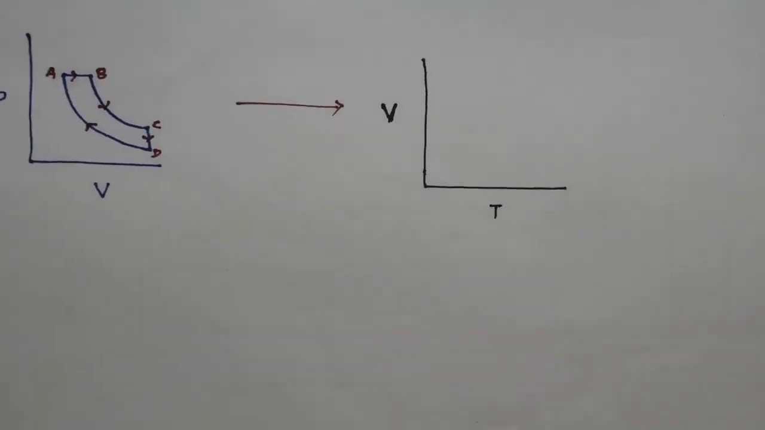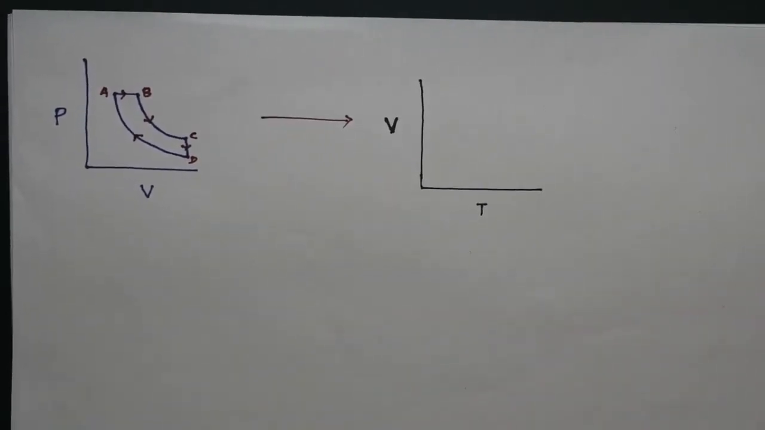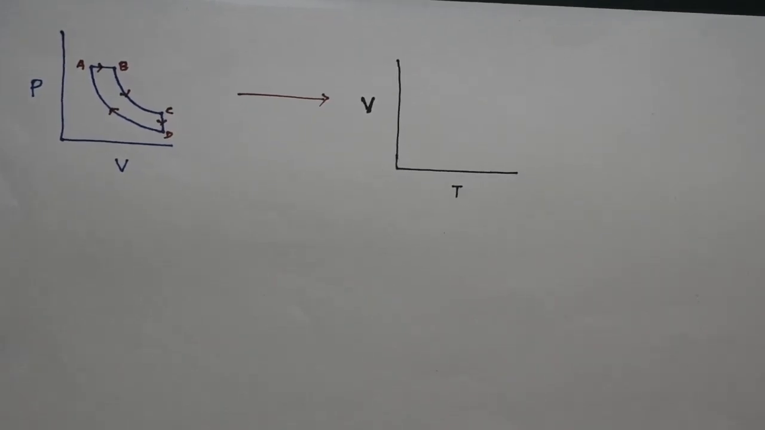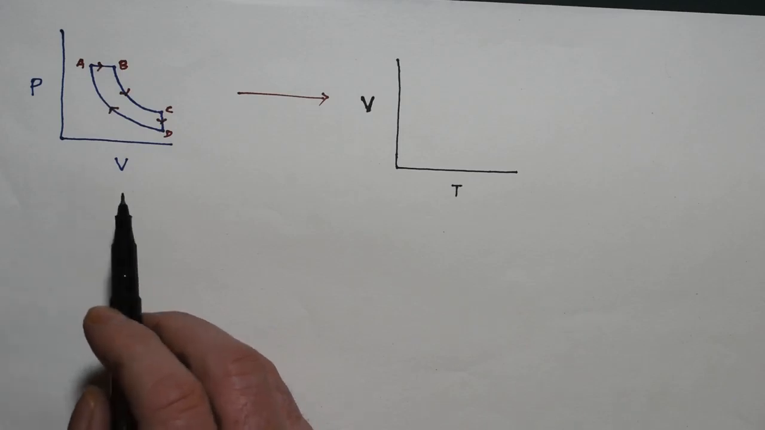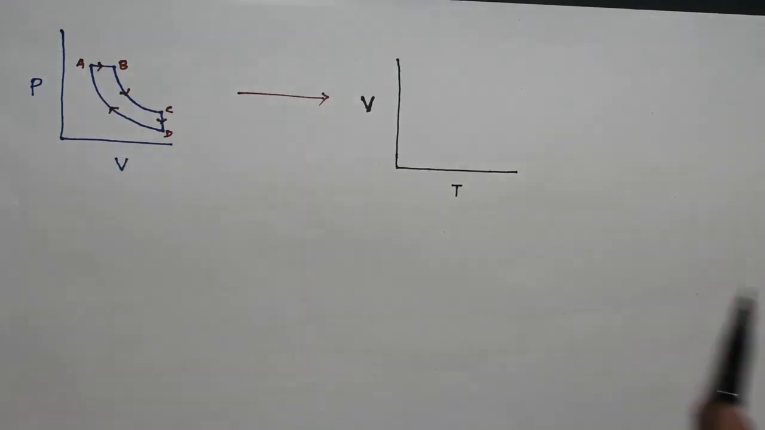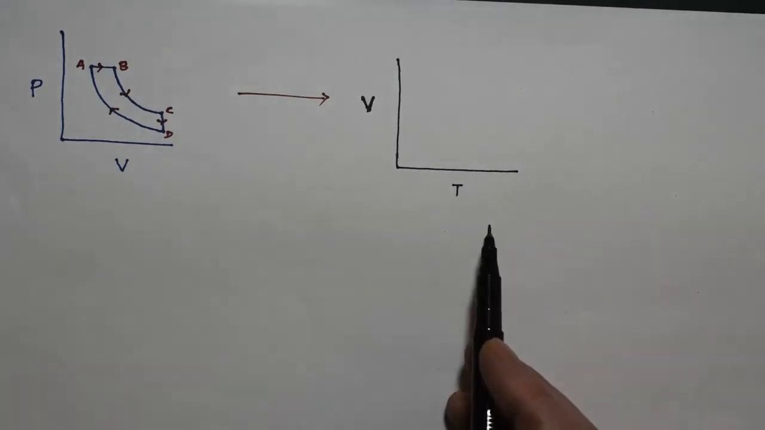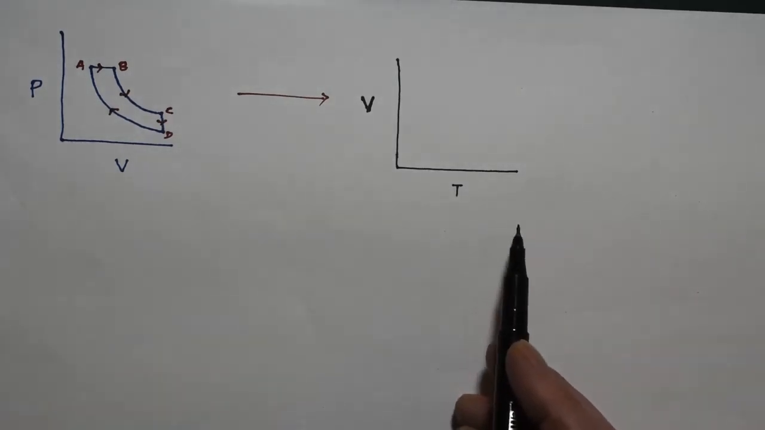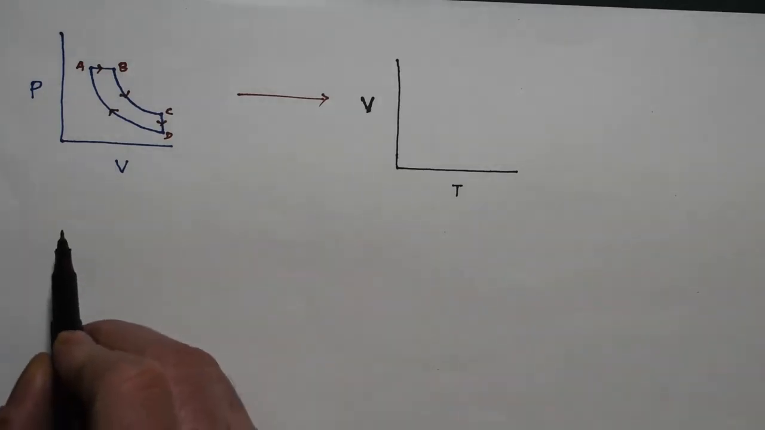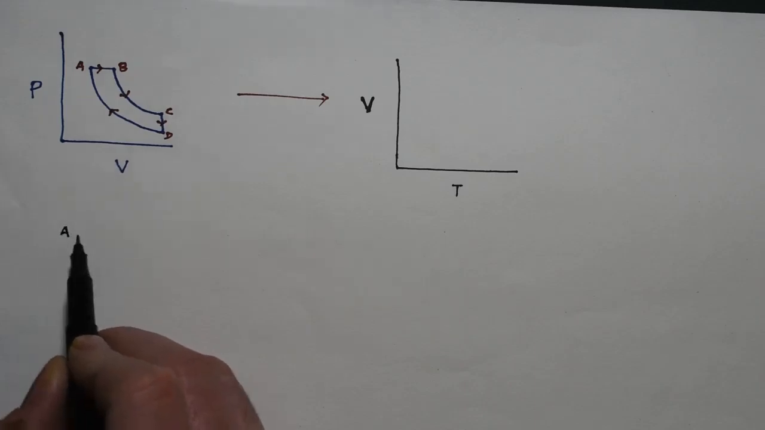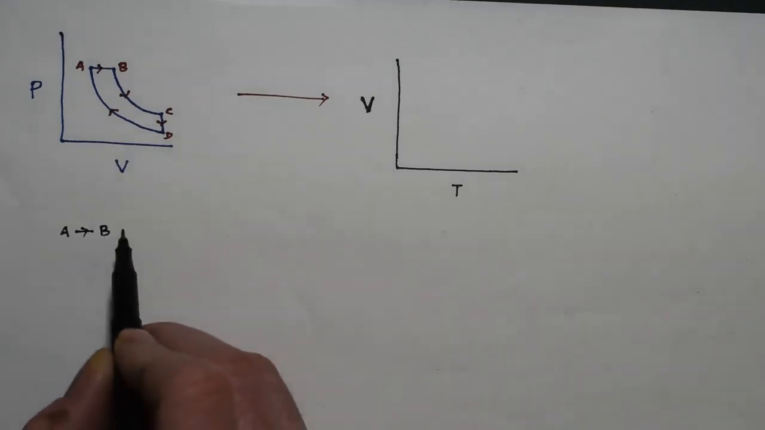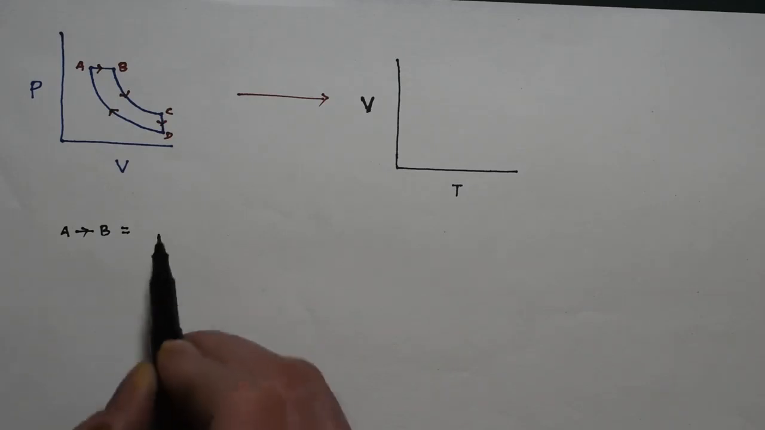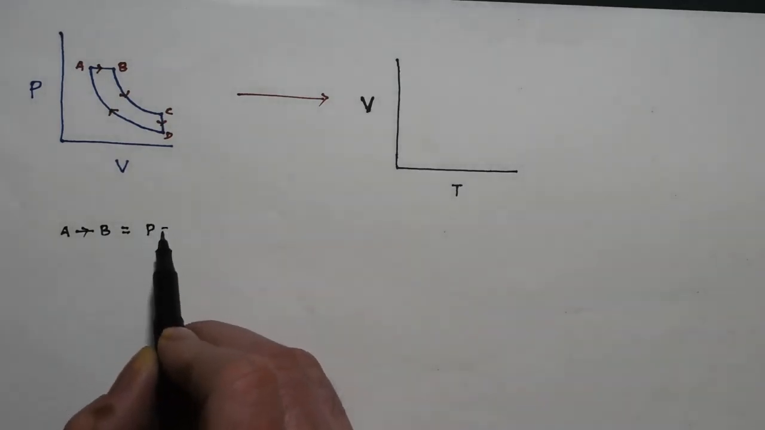Here in the question, this graph is given and this is PV graph, and this PV graph have to convert it into VT graph. Let's see. When system goes from A to B, in this process pressure is constant,